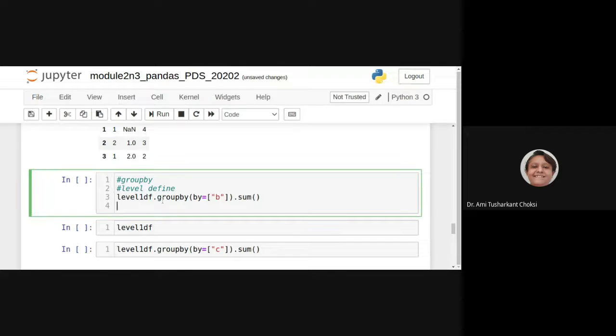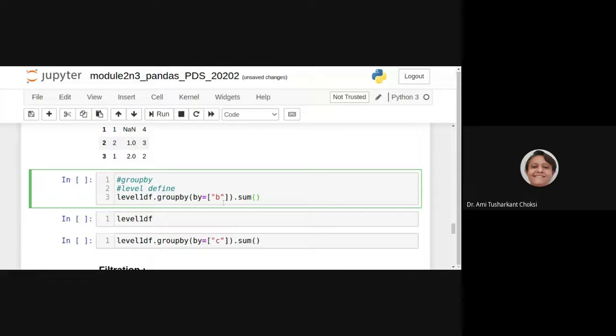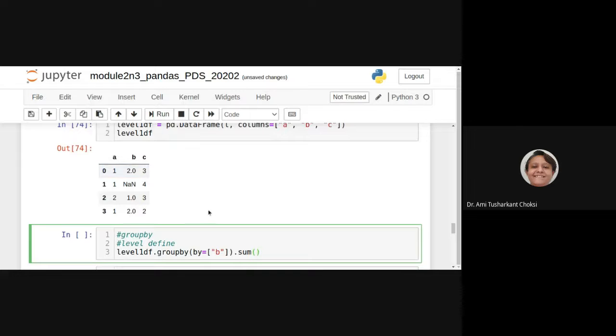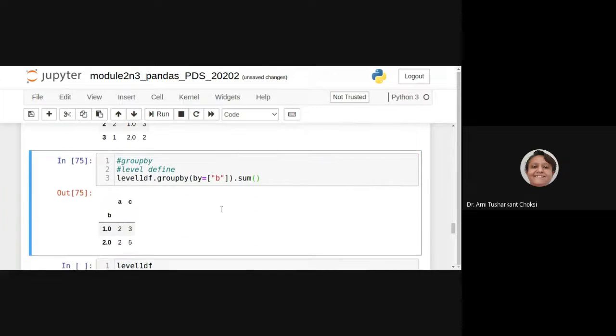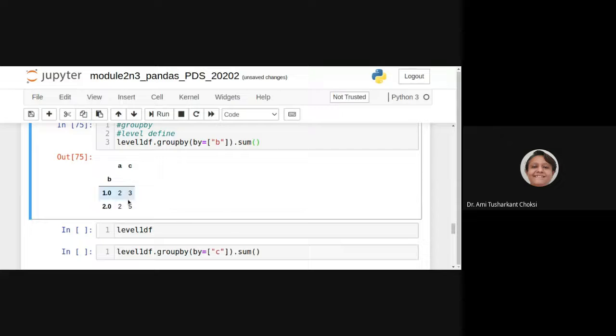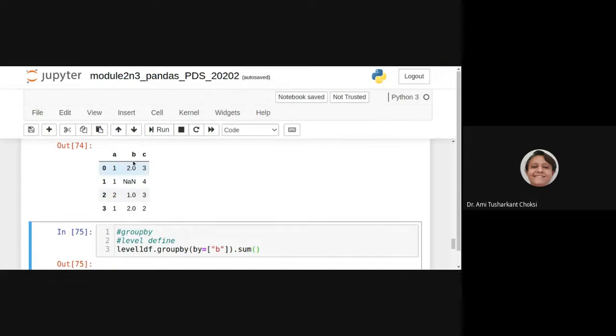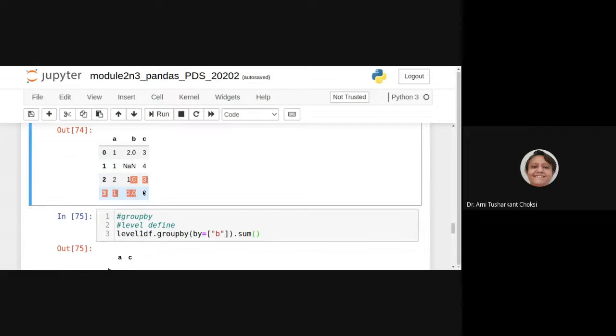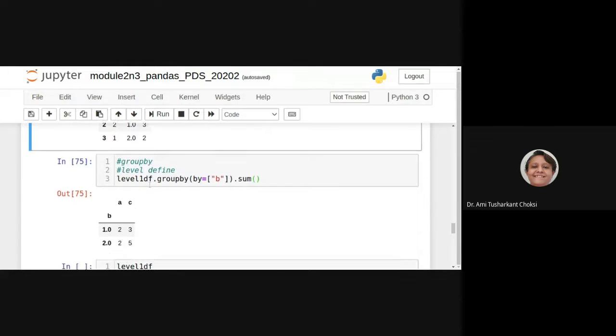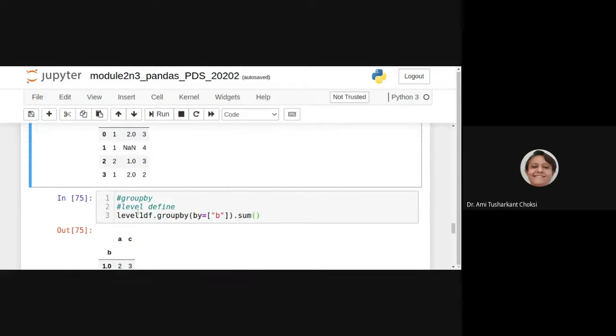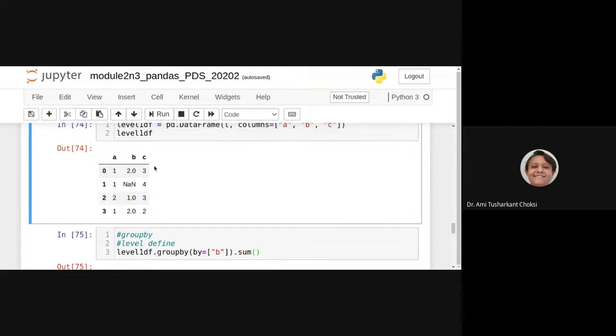Now we are doing group by B and sum. Group by B, right? So for that, we were having 1 and 2, right? For 1, it is having only one value, that is 3, that is 2 and 3, for A and C.